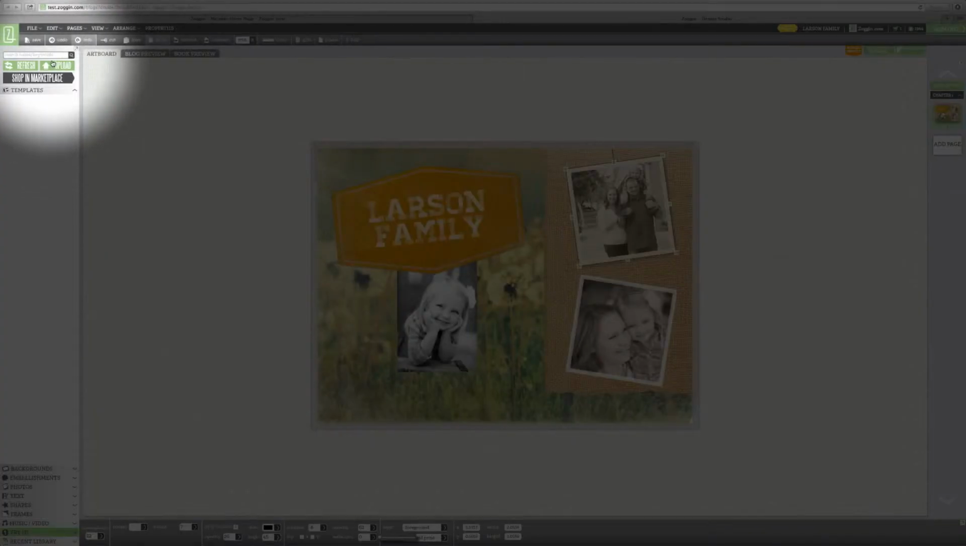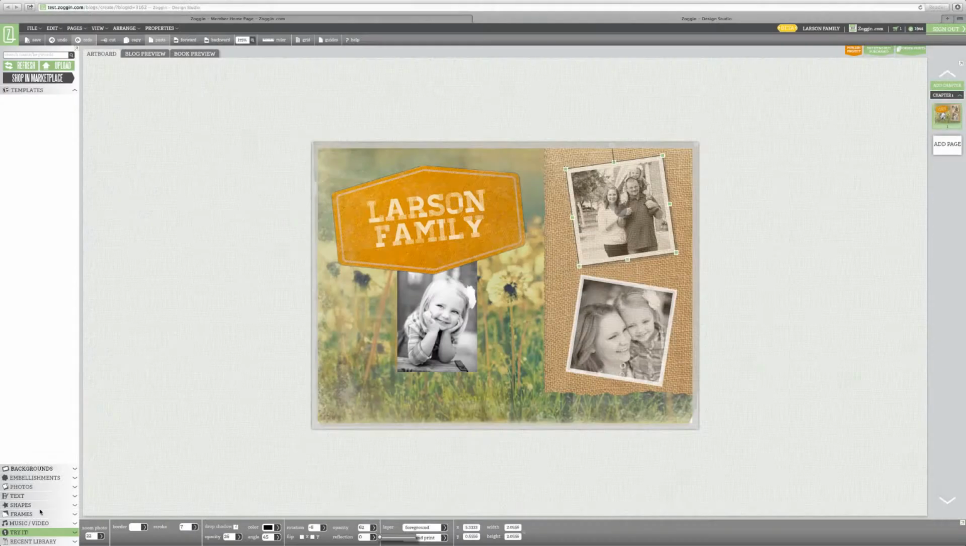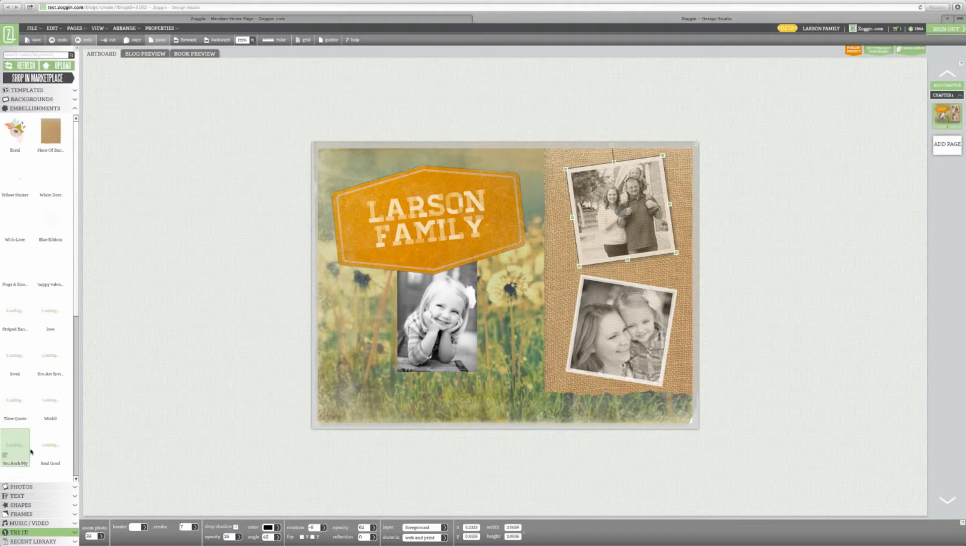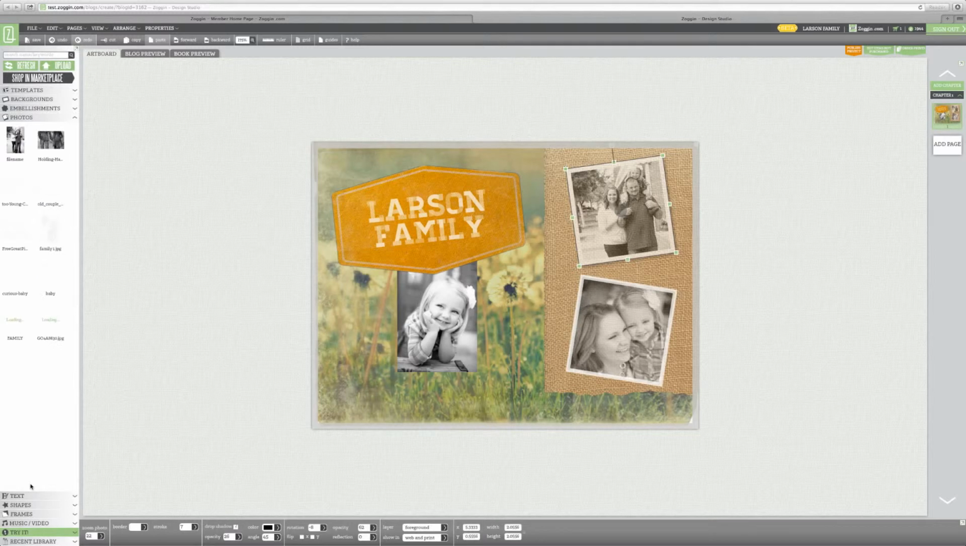And so on this left side here, you can upload artwork and then refresh your actual library. You can shop in the marketplace if desired, if you want to find a certain embellishment or background that you don't already have in your library. The library will be these 7 tabs. So you'll have your templates, you'll have your backgrounds, you have your embellishments, your photos, your different text, rich and